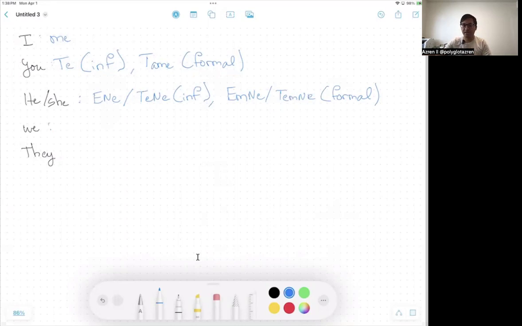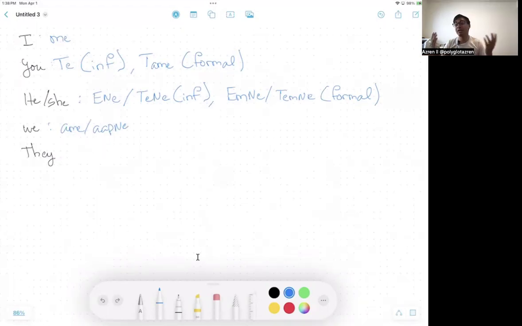We're going to have ame or apre. Again, we have the inclusive and exclusive we. So ame, exclusive, apre, inclusive. In other words, if you don't know what that means, very simply, if you're talking to someone and you're like, hey, we went to the park, but the person you're talking to didn't go to the park with you, ame. But if you tell someone, hey, we went to the park, and one of the people who went to the park was the person you're talking to, apre. I have a video about that. It's one of the very first videos or episodes, so you can go back and watch that if you want to. Okay, lastly,